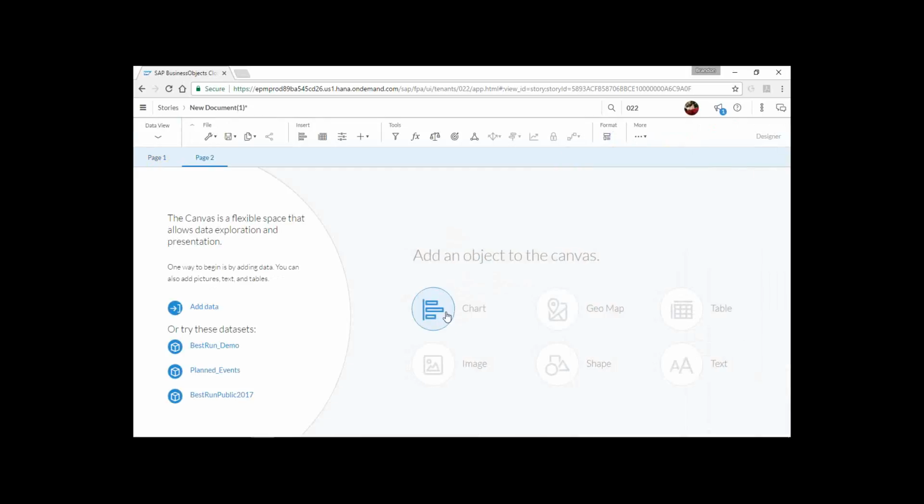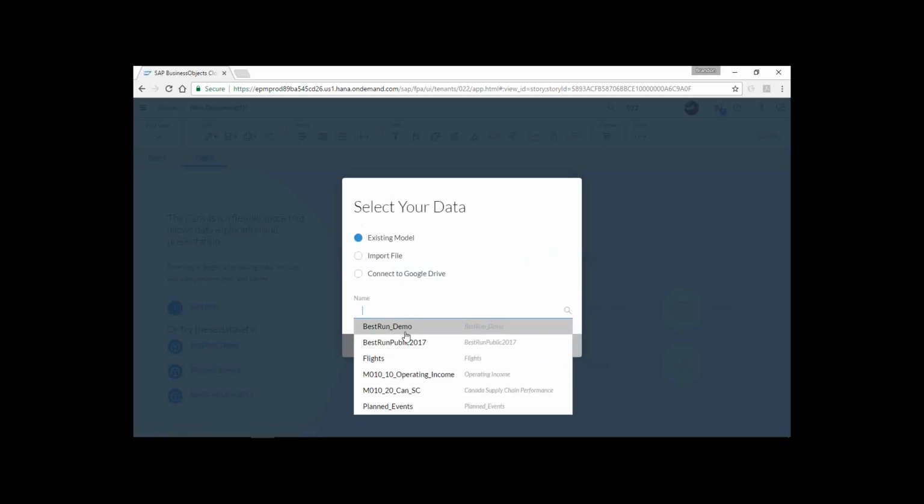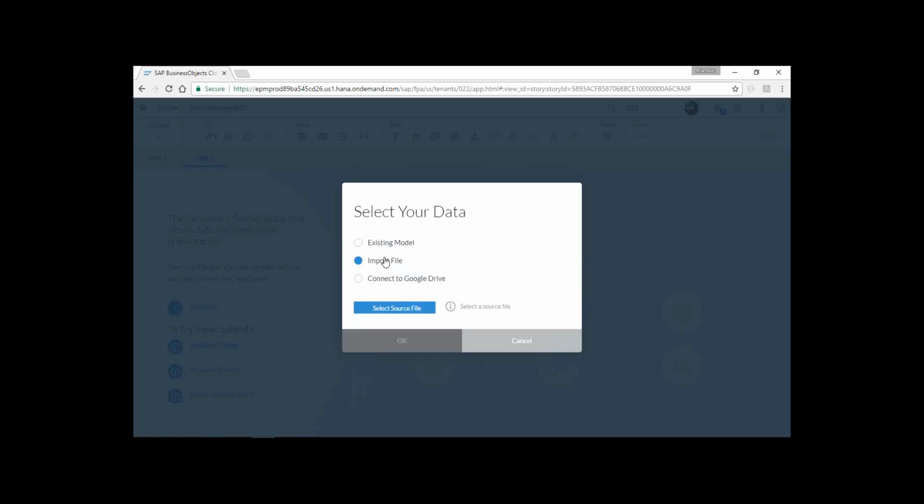And from here I can pick these items such as charts, geomaps, etc. But before I do that, I want to look over on the left. I can add some new data, or I can work with these existing data sets. I'm going to go and add some data right now. Now, I can use an existing model, so I can grab something that already is out there. I could also import a file, so I could import from a spreadsheet, or what's really slick,